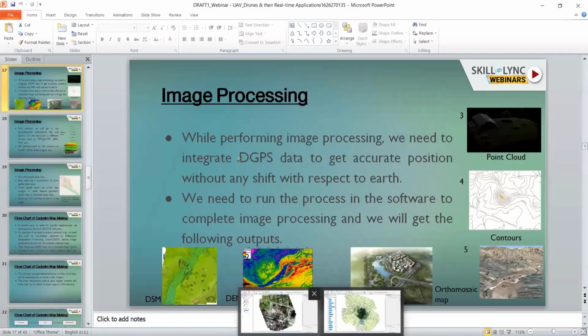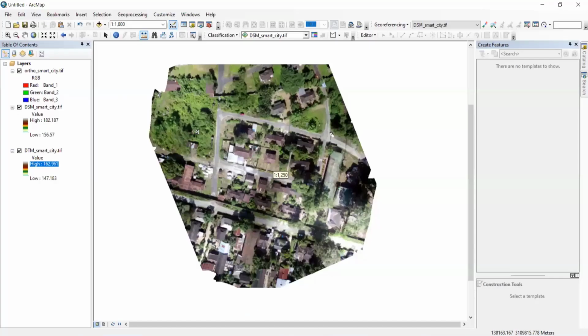As I said, the first image you are viewing is an ortho-rectified image.